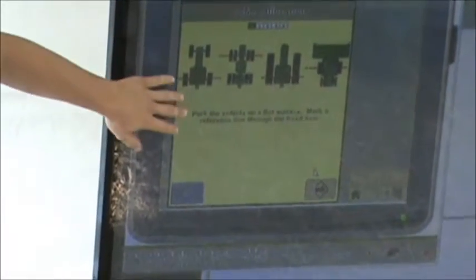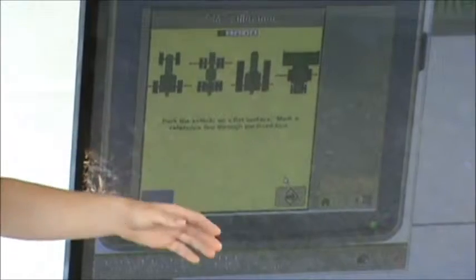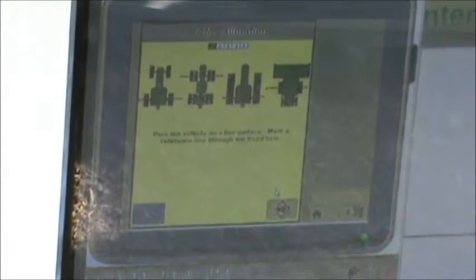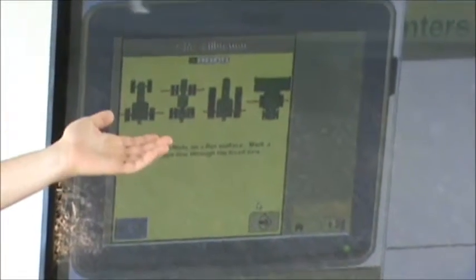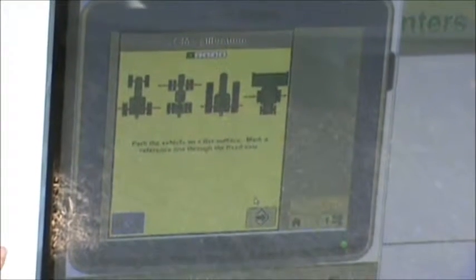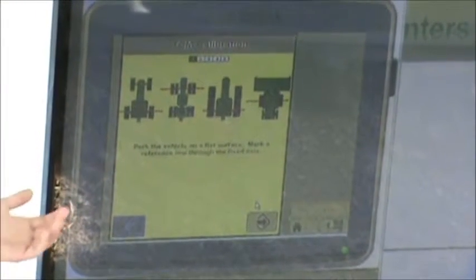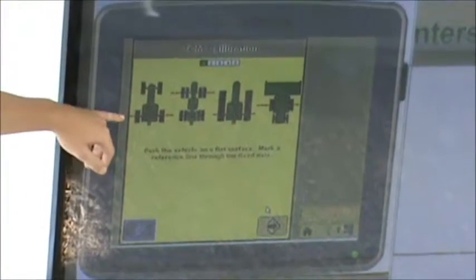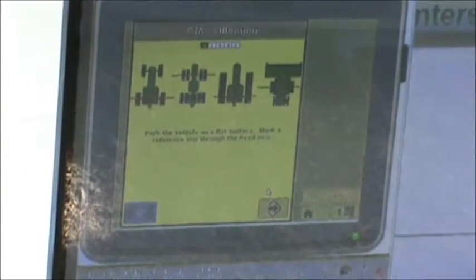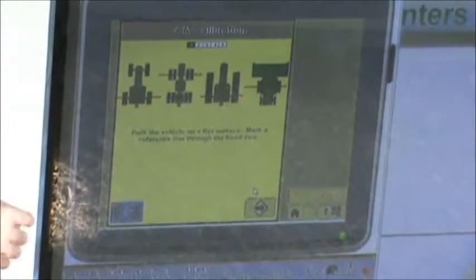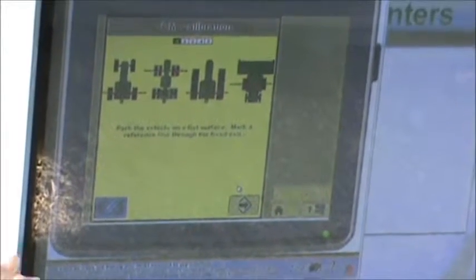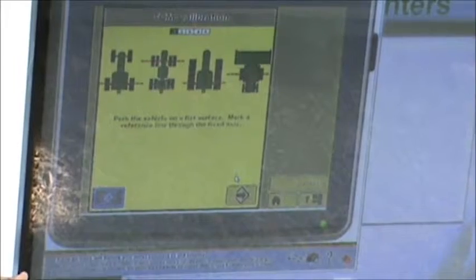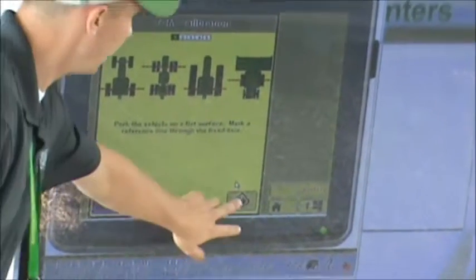What this is saying here is for calibration, what you need to do is you need to line your non-steering axle up. So on your combine, it would be obviously your front wheels, your drive tires. On a 9 series tractor, it would be the same way around. It would be your front wheels. On an 8 and down, it will be your rear. What it does is you need to find a point of reference. Typically I use a telephone pole or a big fence post in the corner of the field on a level surface. It has to be on a level spot on the earth. You can go ahead and hit the next button,